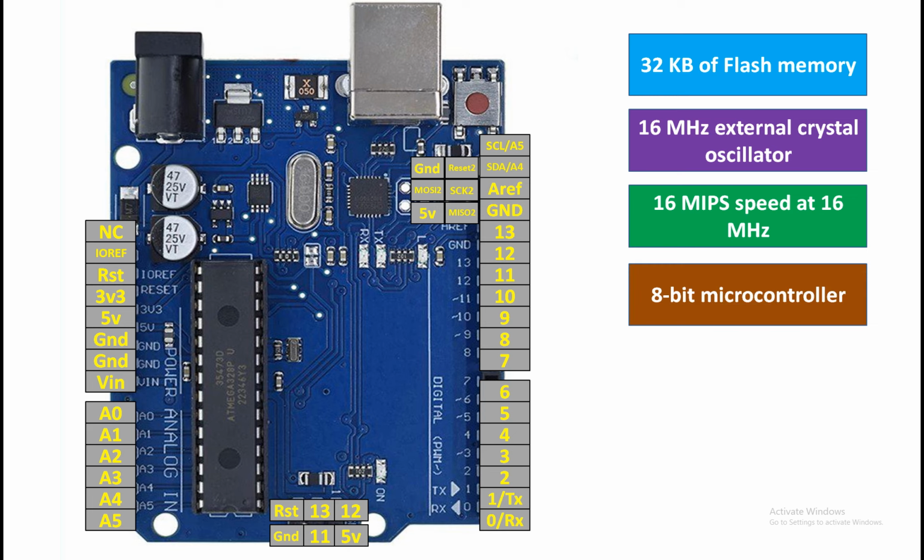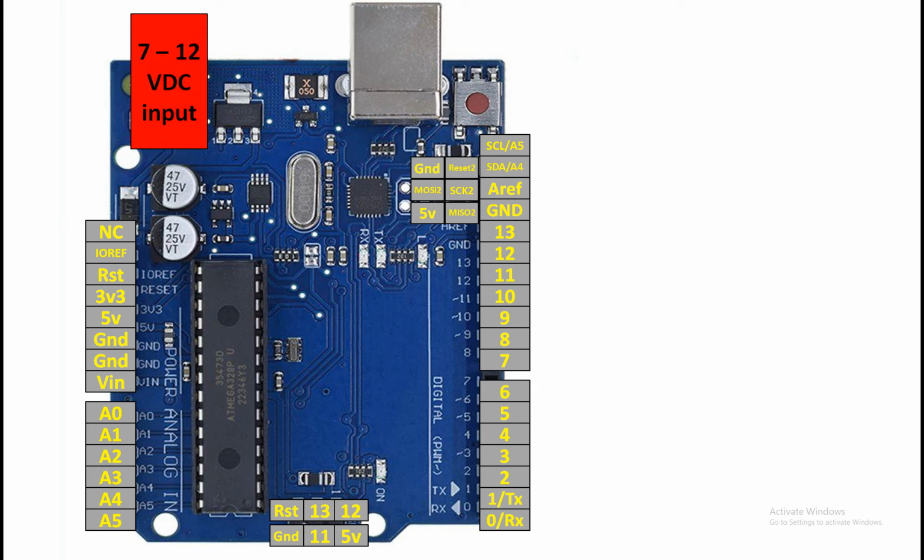Then guys, it's a 8-bit microcontroller, and this is important. When we will do the programming, you will know what 8-bit means. Now guys, let's move on. First of all, you can see that this port over here, it is a jack port. You can simply connect an adapter jack, DC power supply jack in it, or you can connect that jack to a battery, but maximum voltage would be like 7 to 12 volt, and there is a 7805 regulator on this board which will auto convert that voltage to 5 volt, and another regulator AMS1117, it will convert this into